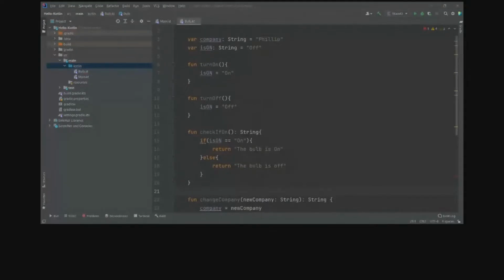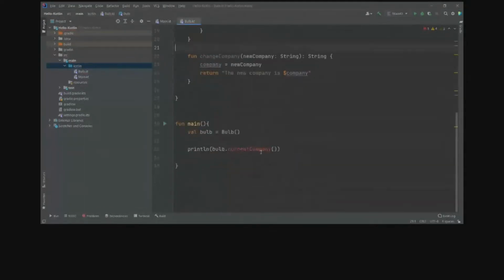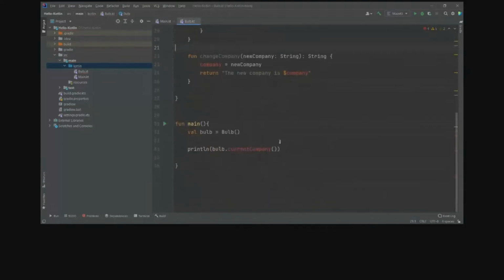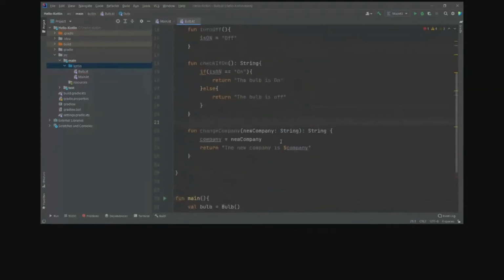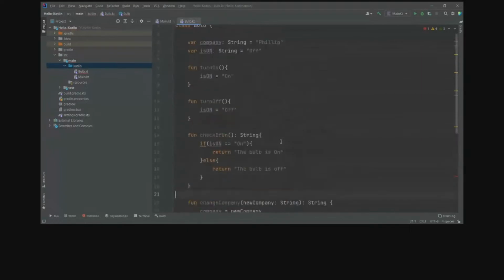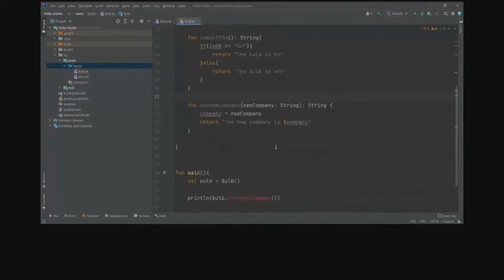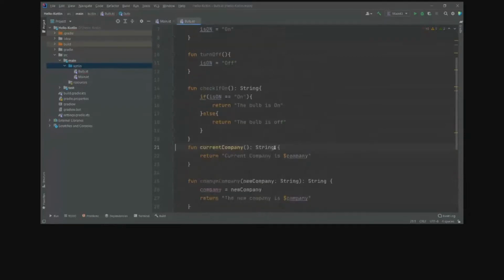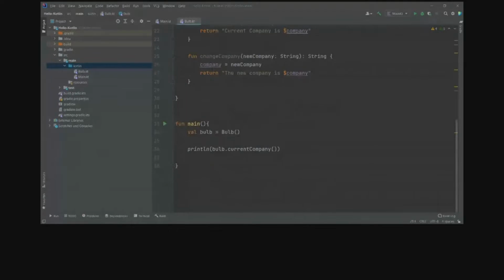Can you guys guess the output if I call? Okay, no guesses. Okay, so let's see what this program returns.